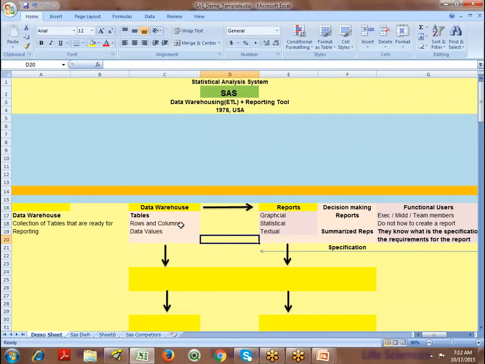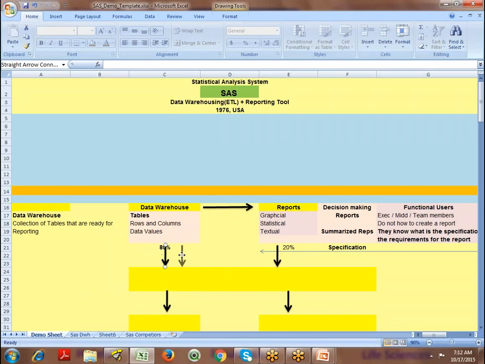So 80% of the work you're doing is data warehousing, and 20% of the work you're doing is reporting. So this is 80 and 20%.